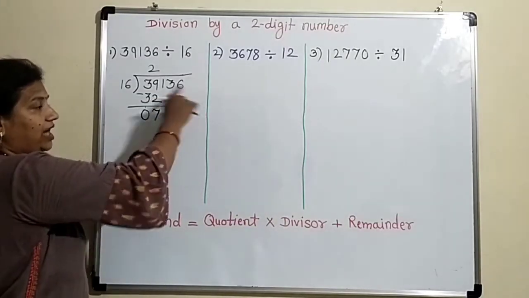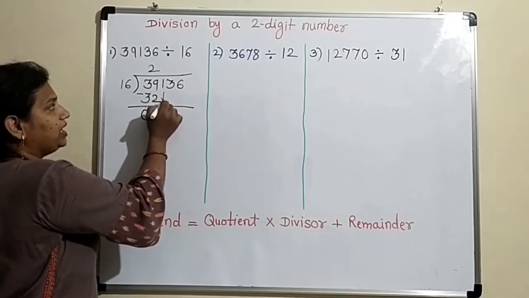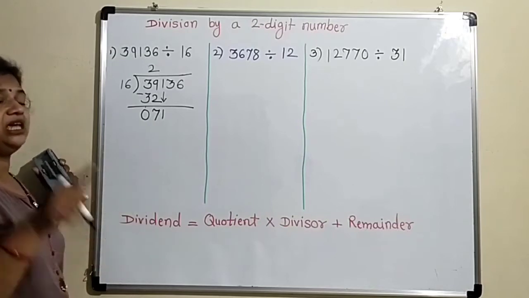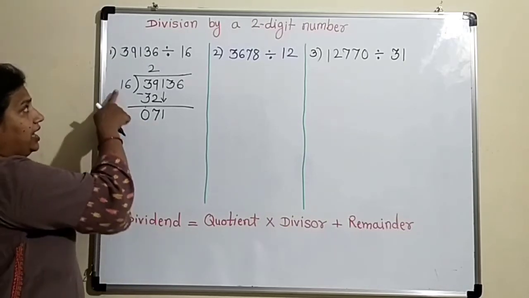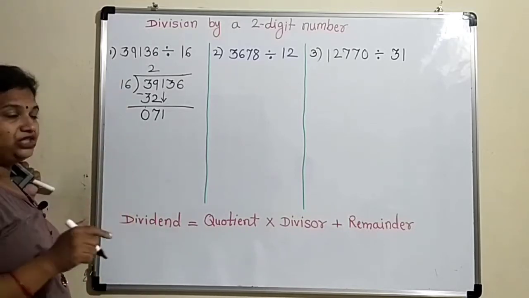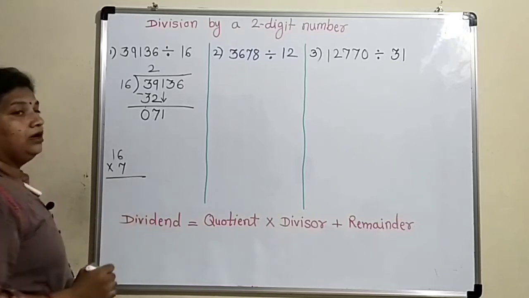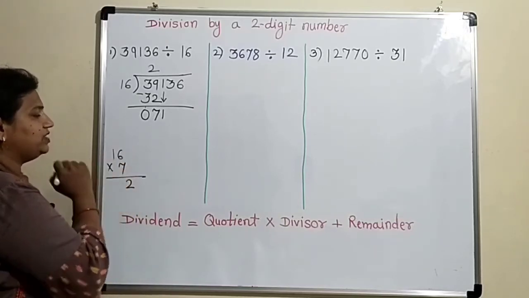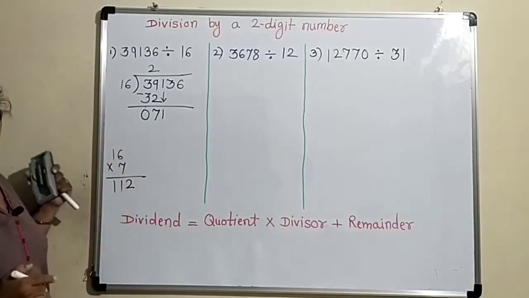Now we still have digits left to divide. So we have to bring down 1, the next digit. Again we repeat the same procedure, as here it is 7 and here it is 1. I can check 16 sevens, right? 7 sixes are 42, 4 is carried, 7 ones are 7 plus 4, that is 11. No, it is bigger than 71.